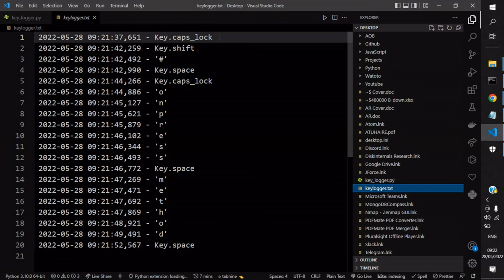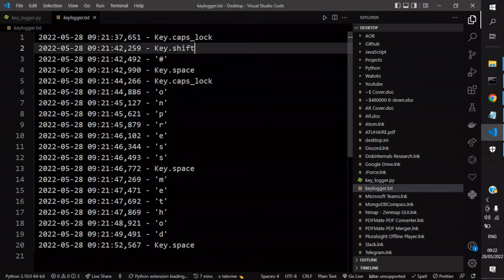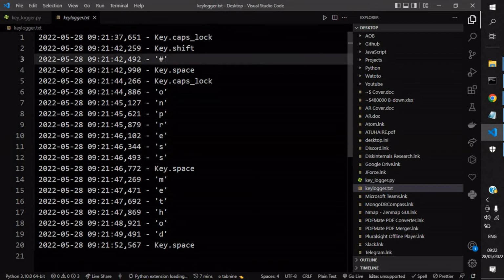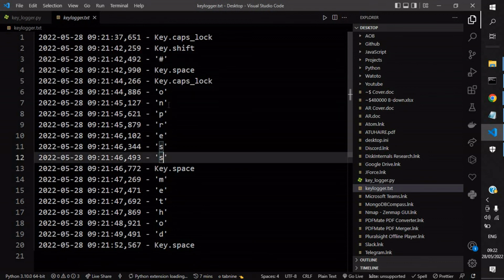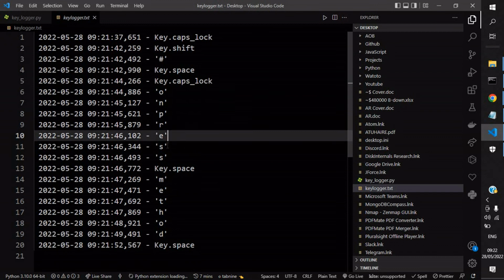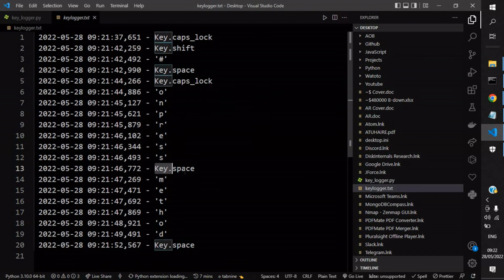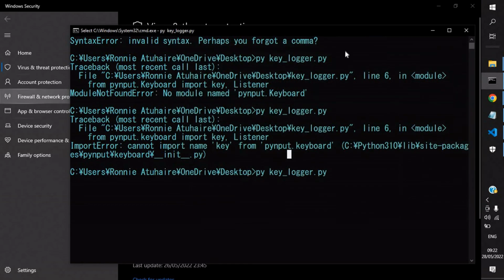For example, we started by pressing Key caps lock and Key shift. Then it started to read the comment, and then we say on press. You see it's logging. On press, then space, Key dot space, then method, then space. And if we went back